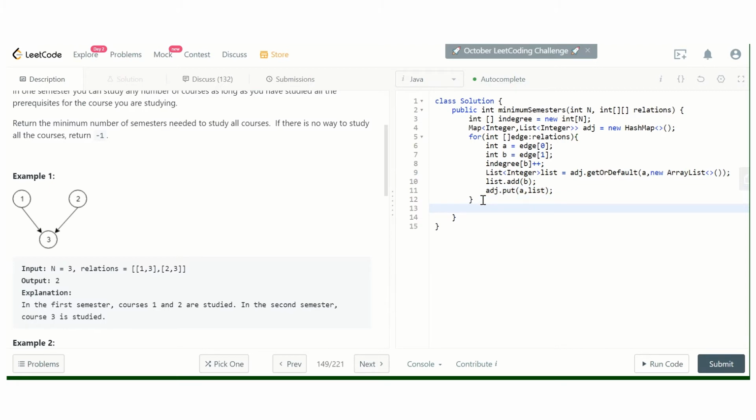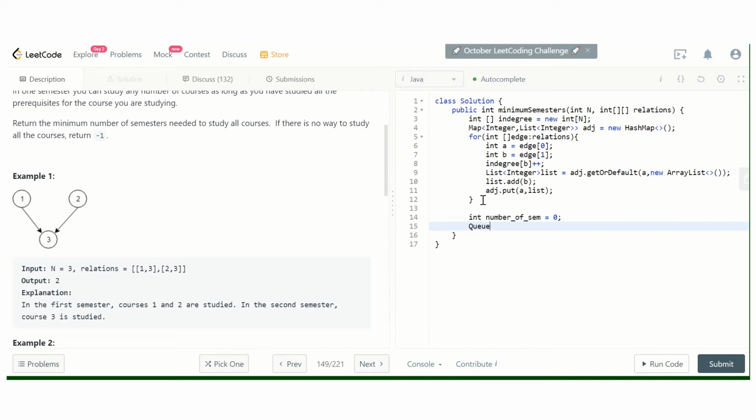Now we implement topological ordering. So there should be a variable answer, number of semesters actually. Let's name it semesters, equal to 0. Now we will take the courses which have no prerequisite.